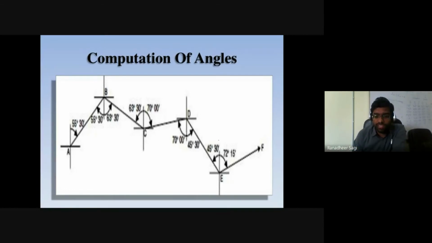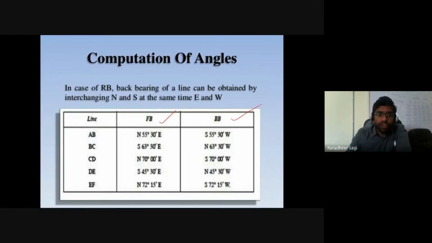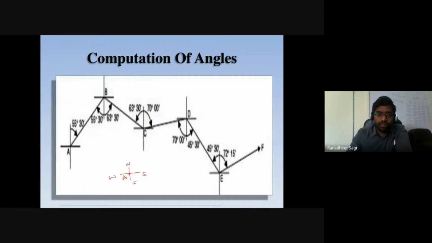Sir, how to draw the rough sketch? Please do not worry much about it. See the angle for each of those lines that you are required to represent at each station. First, represent your north, south, east, west directions, and look at what bearing is given. I'll try to draw that rough sketch for one or two stations. Now, what is the four bearing of line AB? From north towards east, the angle is 55 degrees 30 minutes. So the angle has to be represented in between north and east. How much is this angle? This should be 55 degrees 30 minutes. Okay. So my survey line AB is done.